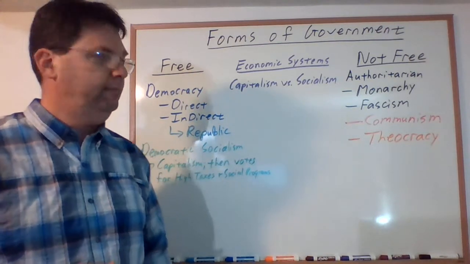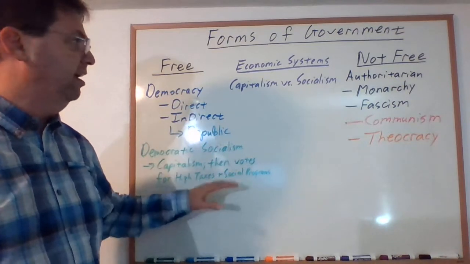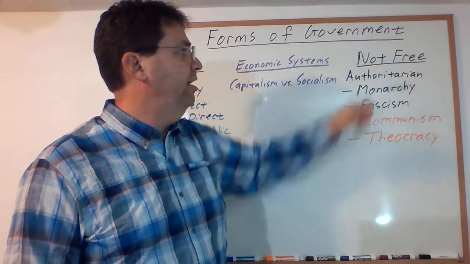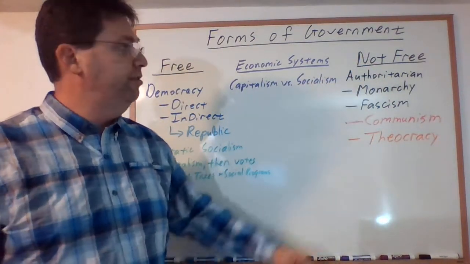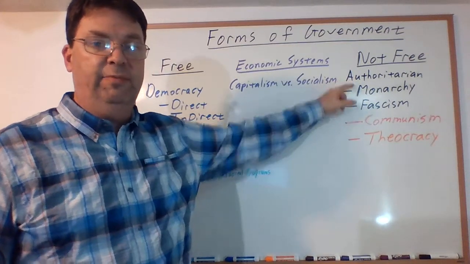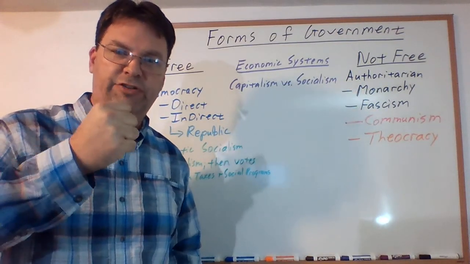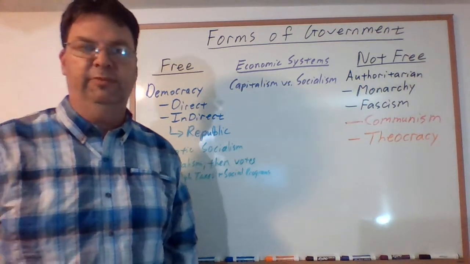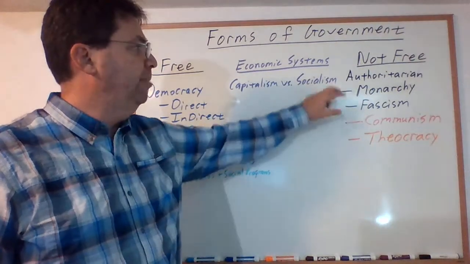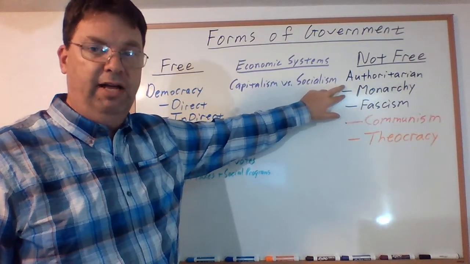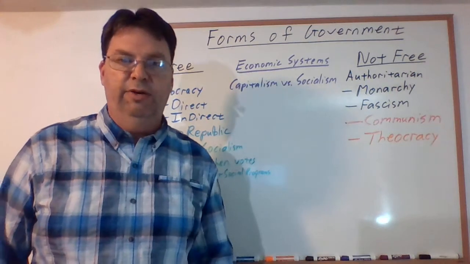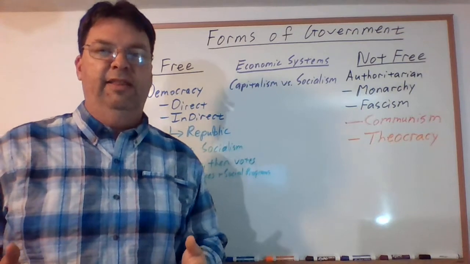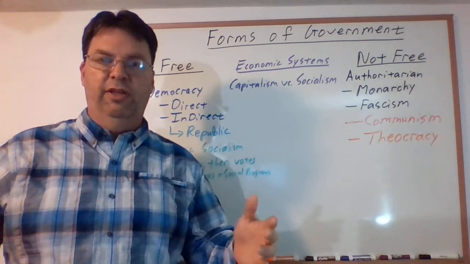Okay? All right. So that's the list of a lot of our free types of systems. If we go over here, we're going to find our not-free systems. These are known as authoritarian systems because there is a person or people in charge, they have a lot of authority, and they use that over the top of other people. All right? And in the past, you're going to find that these were generally monarchies. Monarchies had a king or a queen, some kind of ruler like an emperor, and they were the sole person in charge of all the lands.